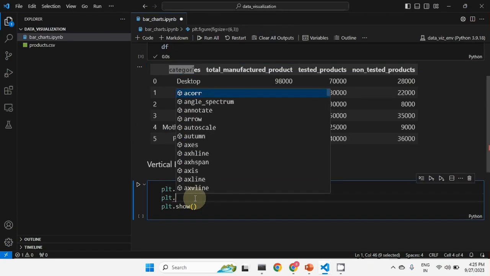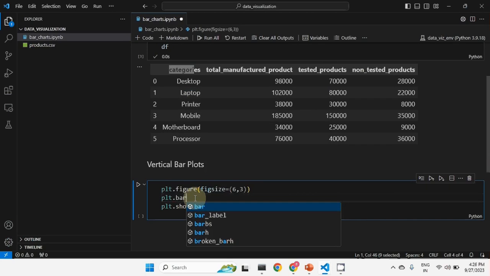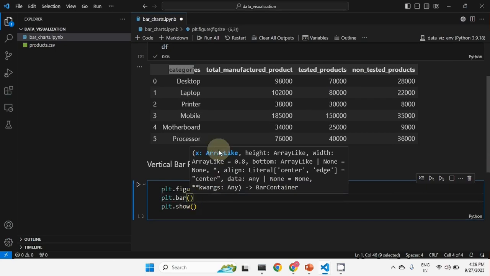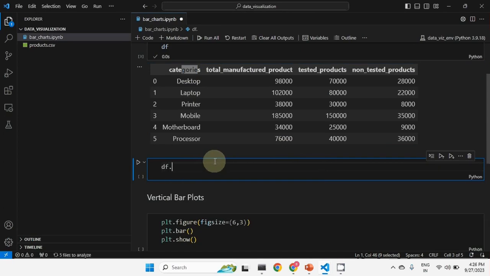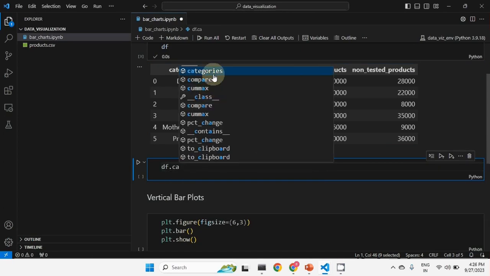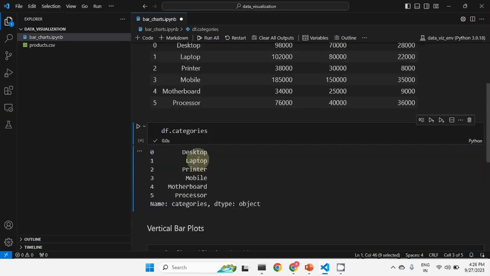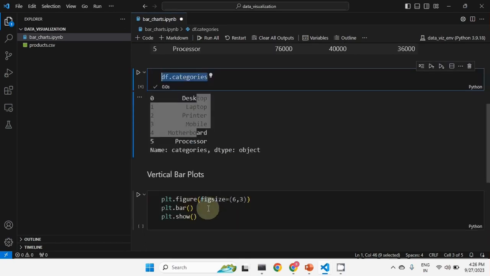So plt dot bar is the function available, and here I can give x. X is my particular categories column, and the column can't be accessed directly, so we can access it like this. Let me show this also. So df dot categories, right? If I check this, this column I can access. So let me copy this. So this will be my x-axis,